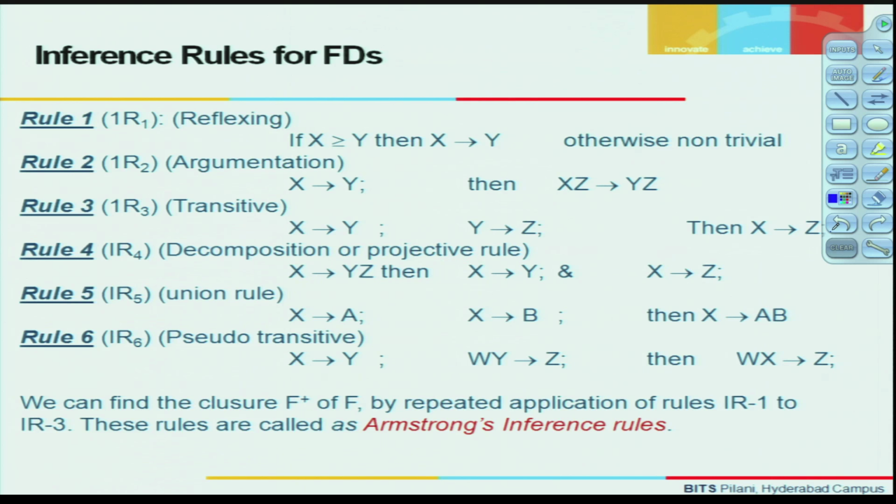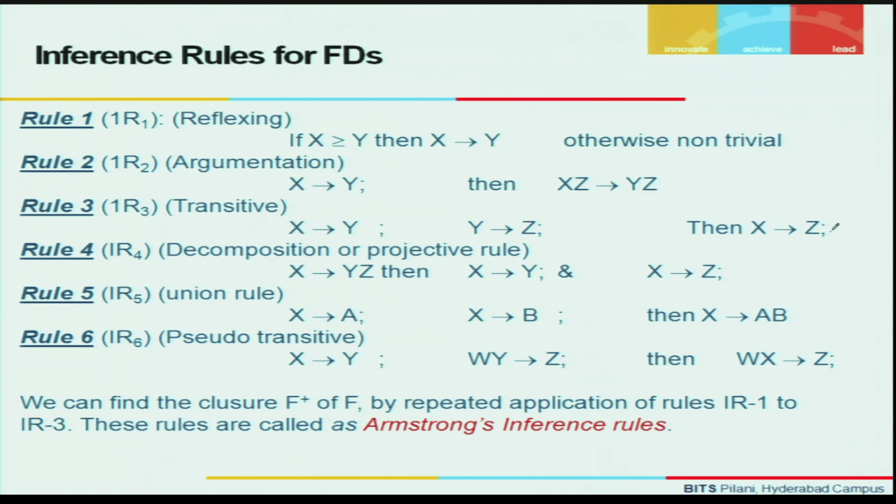Now, from a given set of functional dependencies, to infer or derive more functional dependencies, we use some rules which are called inference rules for functional dependencies. We have 6 important functional dependency inference rules. The first one is called IR1, then IR2, then IR3 up to IR6. Each one of these inference rules is based on some concept. The first inference rule IR1, it is not 1, it should be I. IR1 is actually based on the reflexive